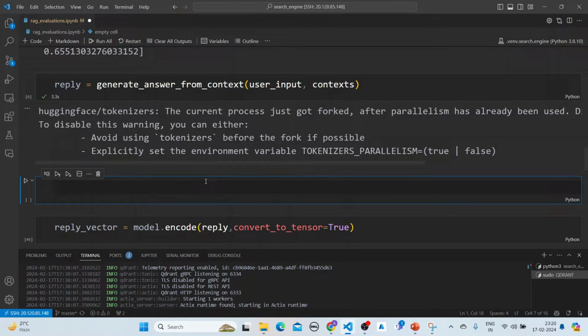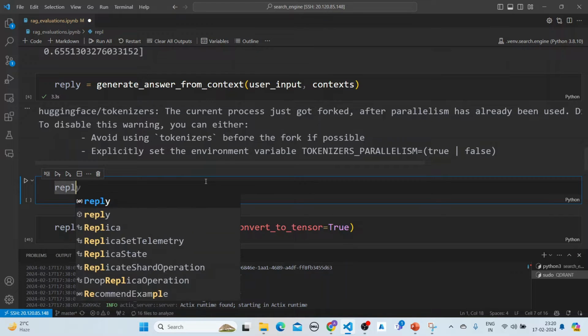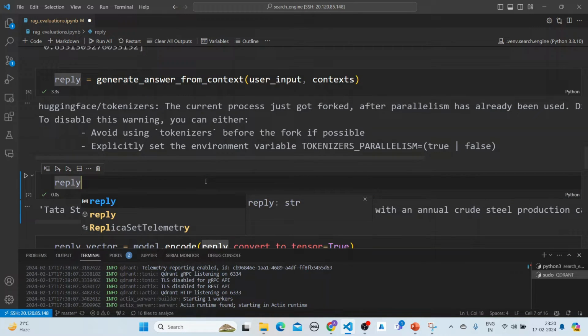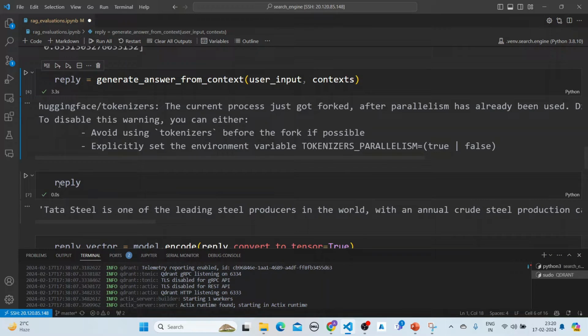So let's see the reply. So this is a reply that we have got. And if you do a pp print,